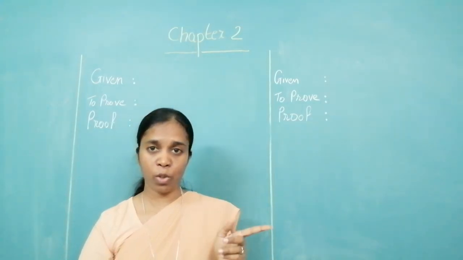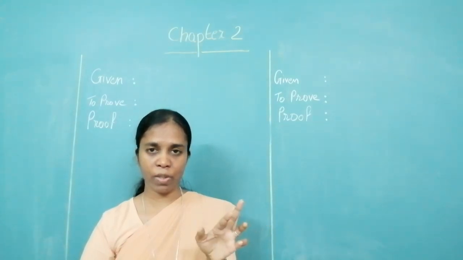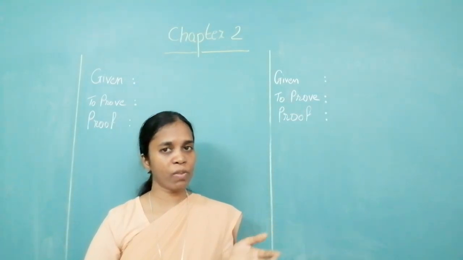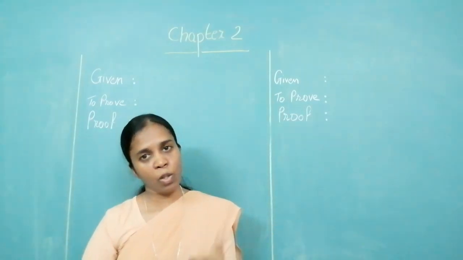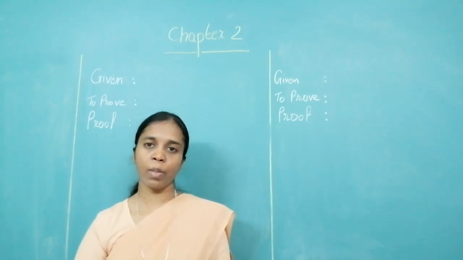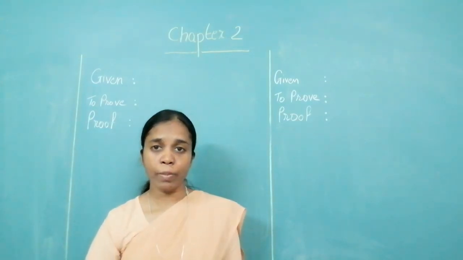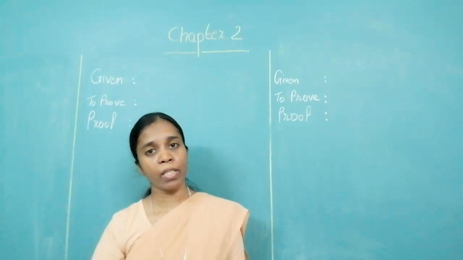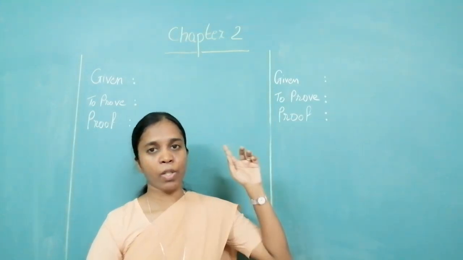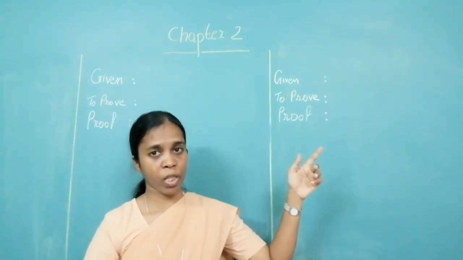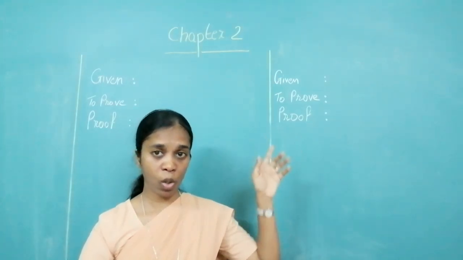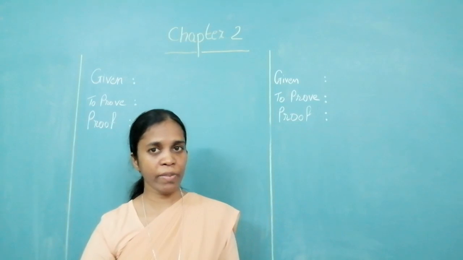First case you use the postulate, and 3 cases were given. To prove corresponding angles you used interior angles property as well as linear pair. Alternate angle also you use the same, linear pair and interior angle property. Then we learn another theorem. Sum of the measures of the triangle is 180 degree. What did we do first? There was a construction. We are drawing a parallel lines. Remember how to construct that. Then we consider the linear angles, alternate angles we found. That is how we have done it.